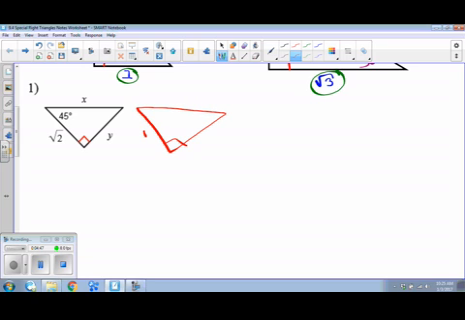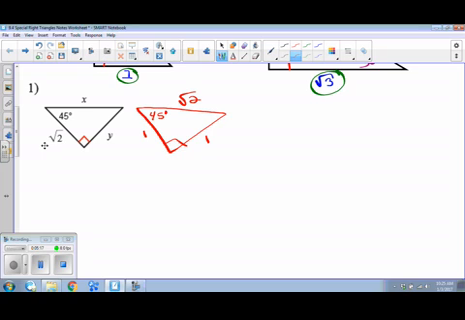So we know 1, 1, square root of 2, because that's the other 45-45-90, the basic one. Right? And these two are similar because all the angles are the same. Right? Correct? Everybody follow me? I know it's early. So we can set up our